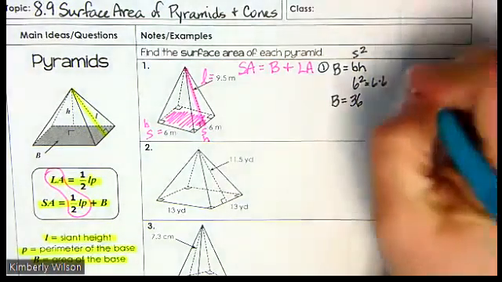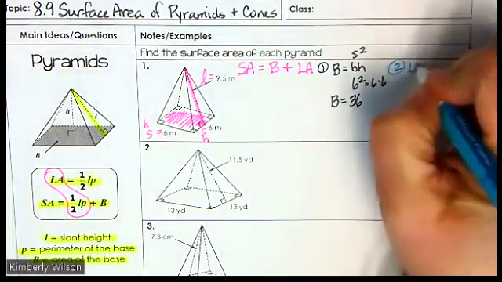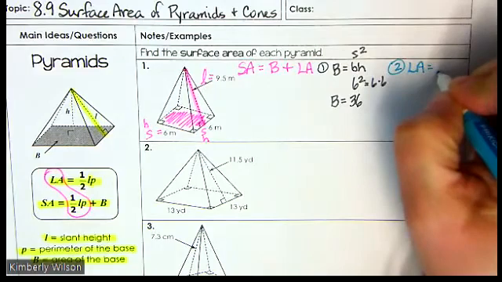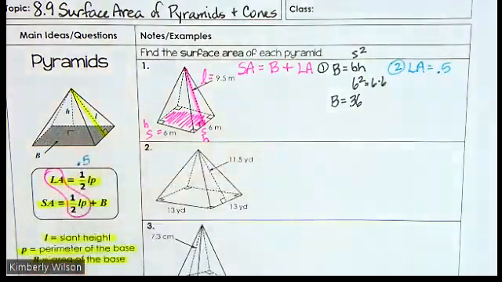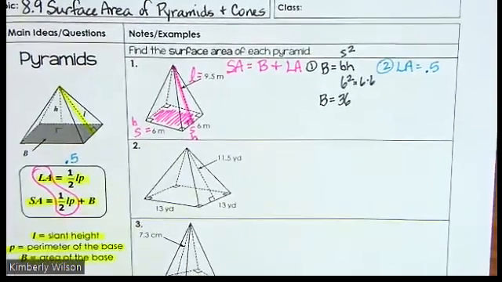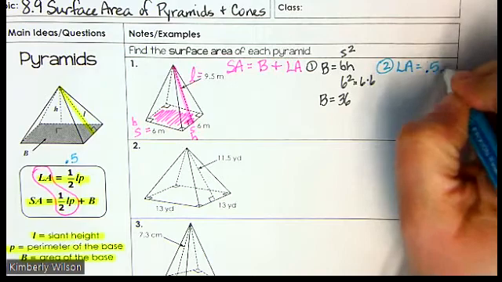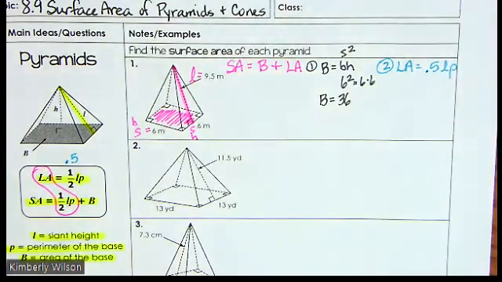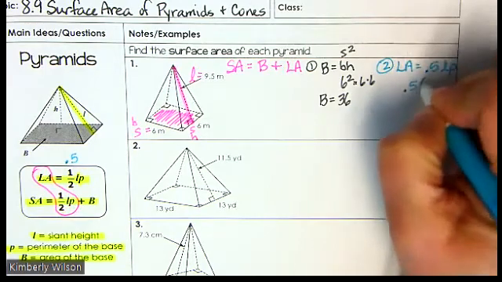Now we move on to the second part. And this is the new part. This is the lateral area, which is the 0.5. Remember over here, I said I would use 0.5. That's just because I won't have to deal with a lot of fractions and it'll fit nicer for my work. So we have 0.5 times L times P. Remember, L is the slant height, so I'm going to have 0.5 times 9.5,